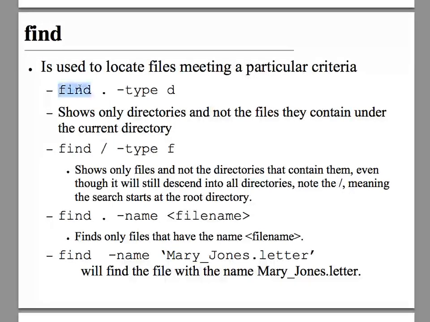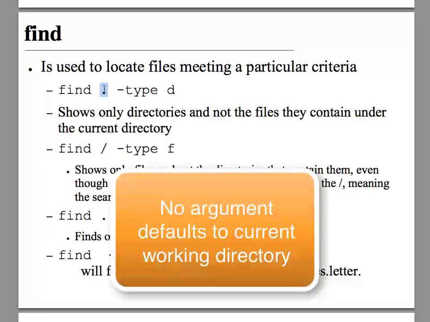So here we're saying find starting where. We know, if we can remember, that the double dot is the parent directory and the single dot is the current working directory. If you leave off this argument, and so there's nothing there, then that defaults to the